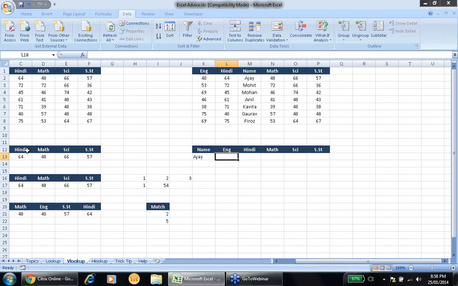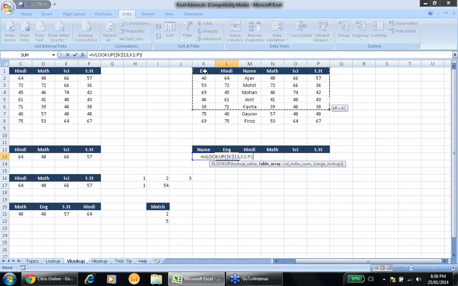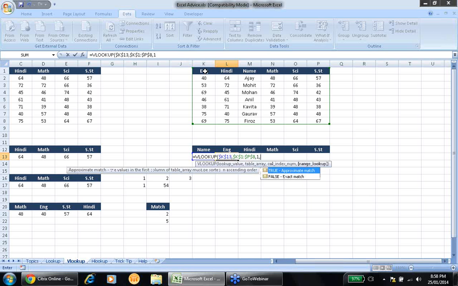I'm doing it here: equals VLOOKUP. That's my lookup value, I'm fixing that one. Then comma, data, it's from E1 to K1 to P8. I'm fixing it. Comma, as I'm looking for the value for English, so that should be a column index of 1. Comma, I need here,